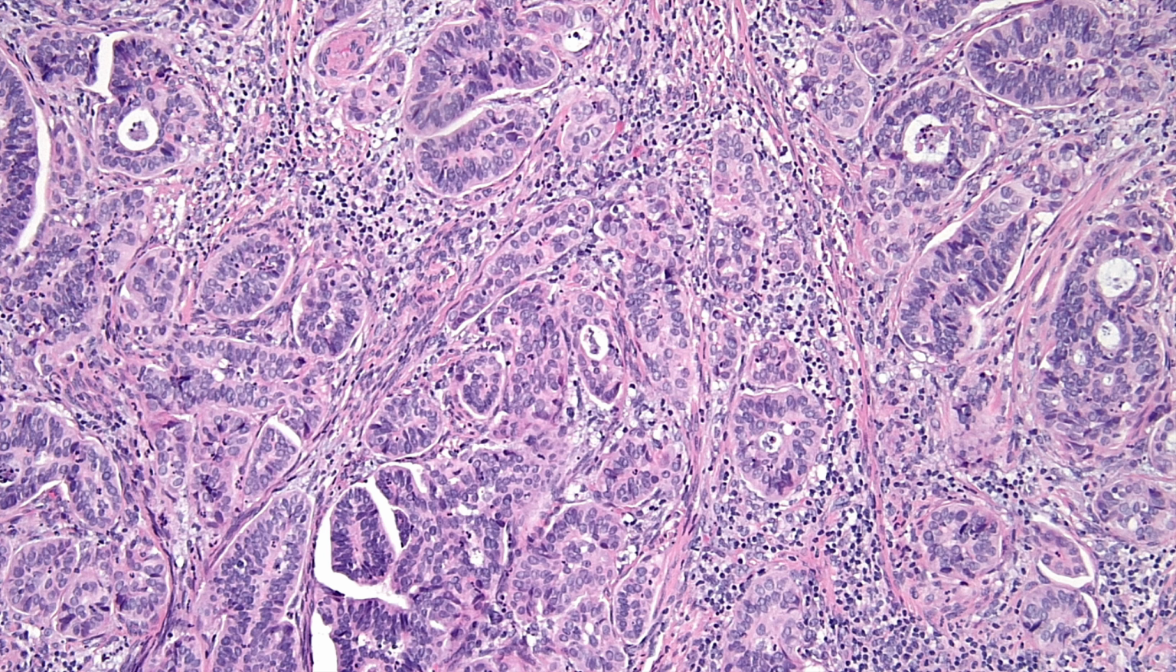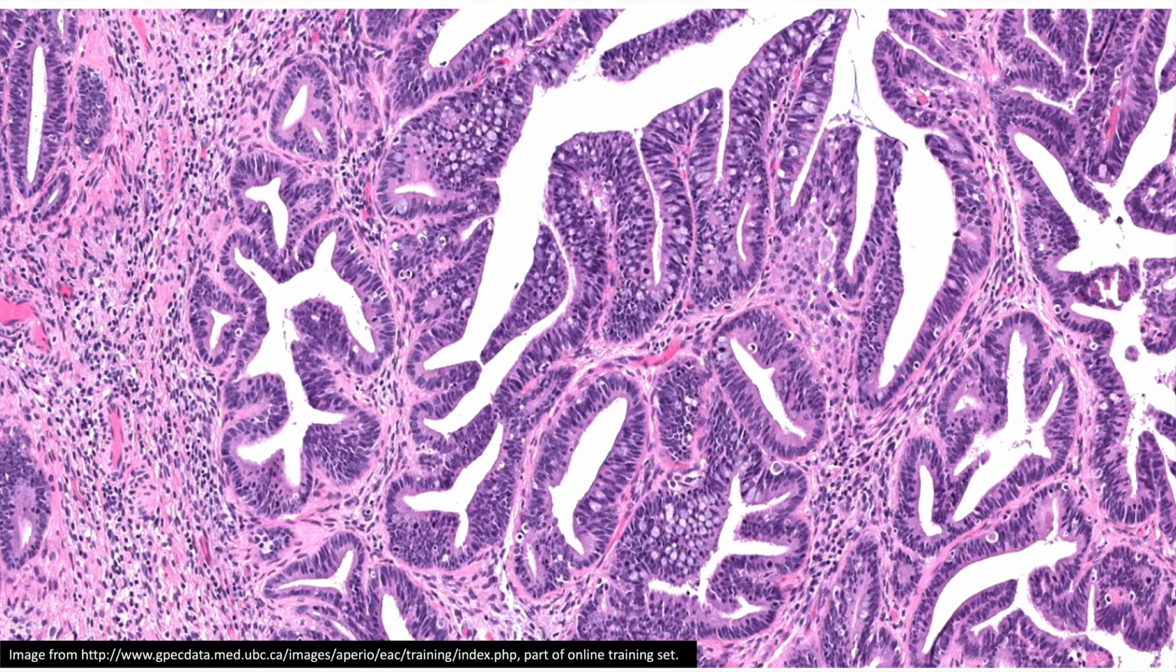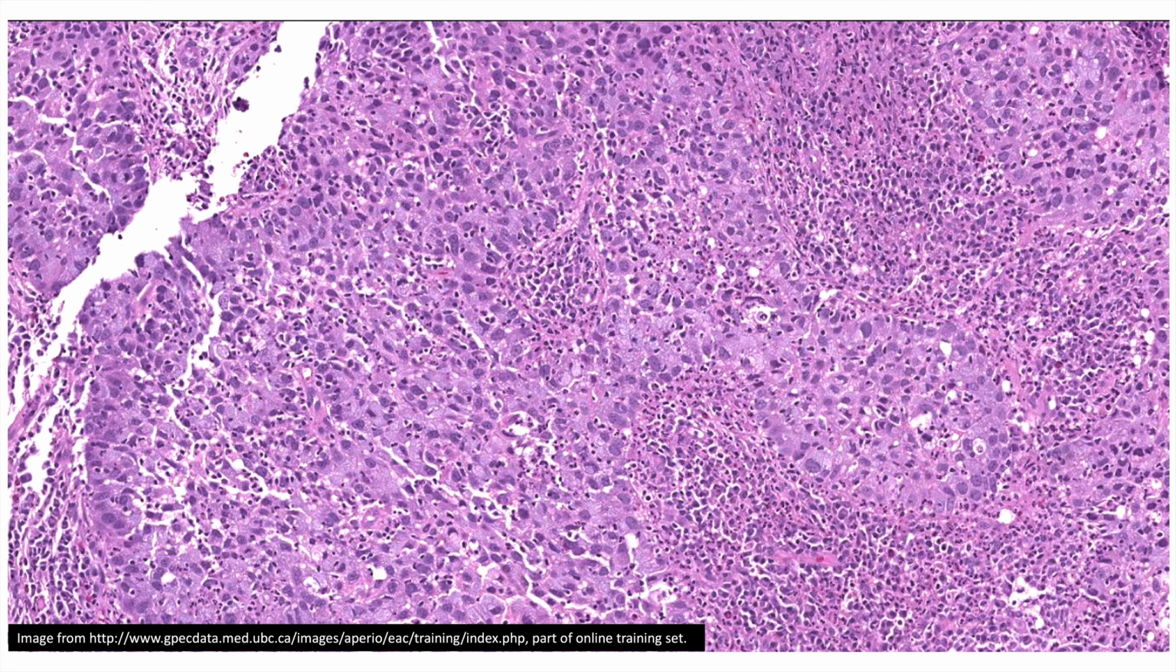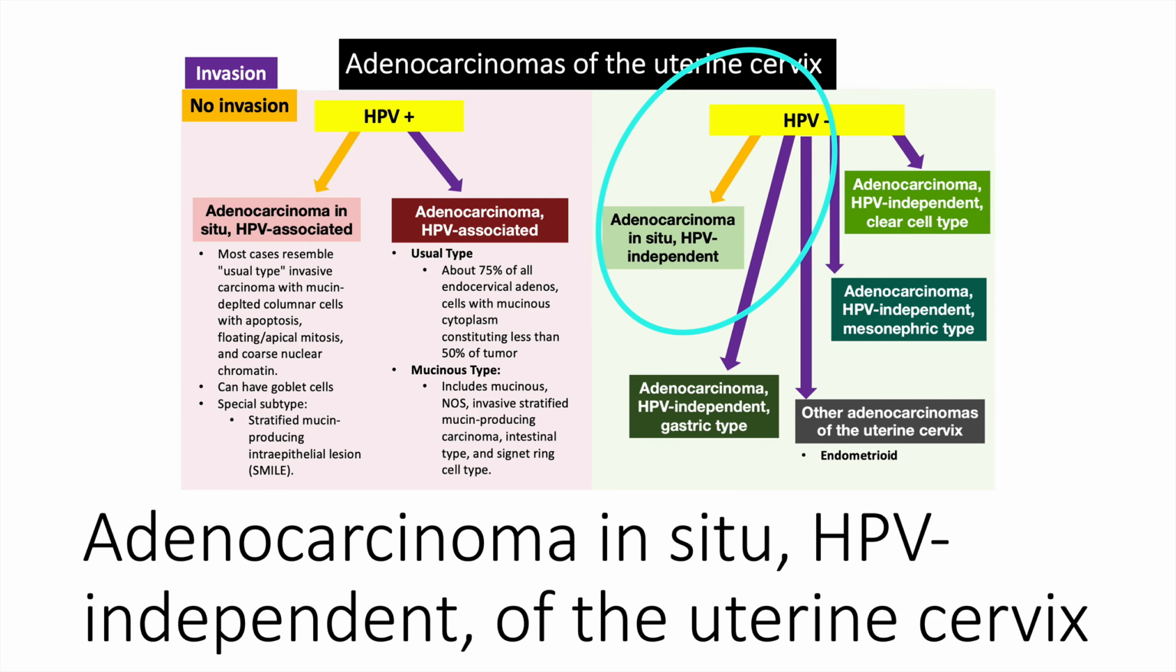And now to go to the special types of invasive endocervical adenocarcinoma, you can have mucinous types with intestinal differentiation. You can note the presence of goblet cells here. And this is an example of a special type of invasive carcinoma, stratified mucin-producing carcinoma, thought to arise from those SMILE in situ lesions that we discussed above. And these are characterized by the solid nests embedded in inflamed stroma, and you see mucin-bearing cells within those invasive nests. So now we'll go over to the other side of the chart, the HPV-negative tumors, and we'll start with